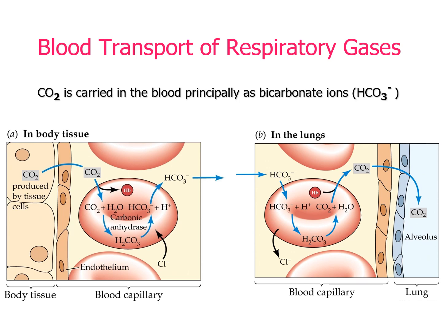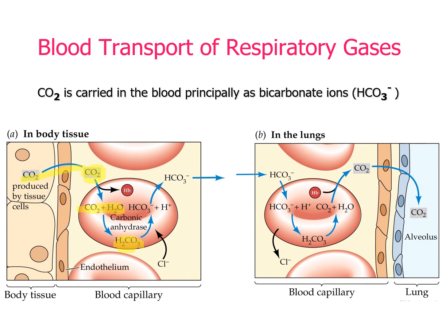It's produced and diffuses out of those cells and into the blood plasma at the level of the capillaries. It then goes into red cells. It'll diffuse into red cells and combine together with H2O to form a compound called